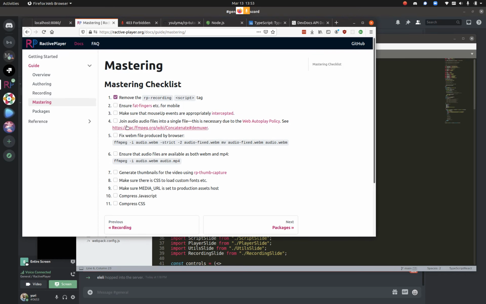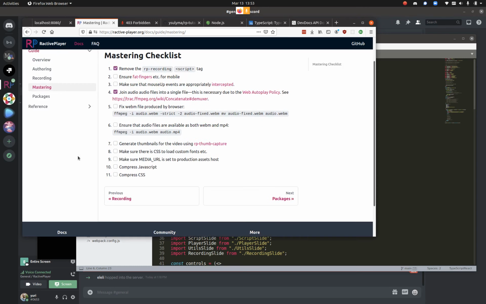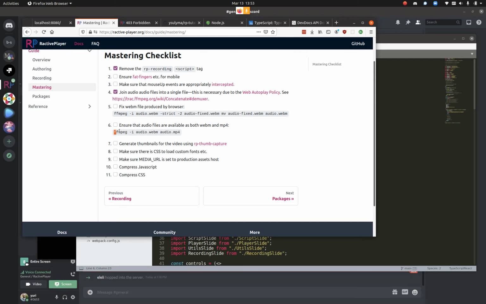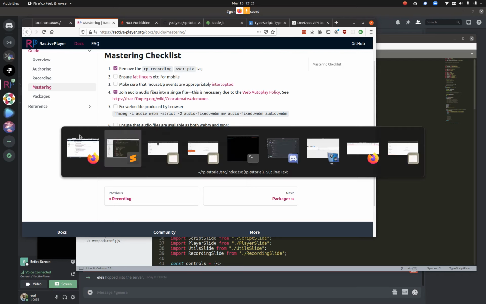Okay, so join audio files into a single file. We only have one here. So then we also need to fix the audio files that were produced. So right now we have just a WebM audio file. So actually I'll do step 6 before step 5. So we want to convert